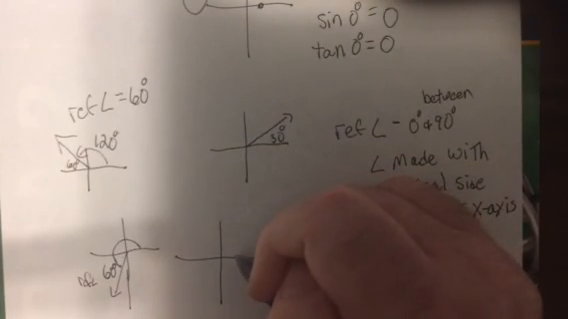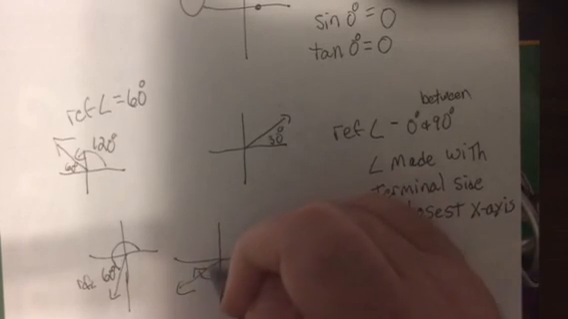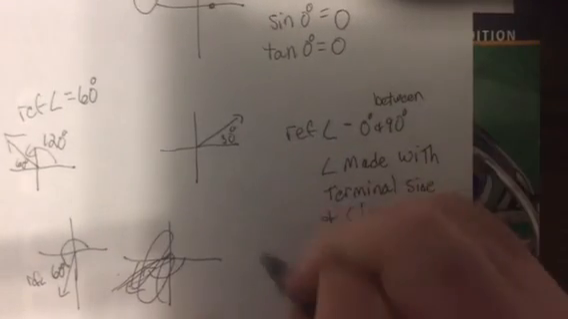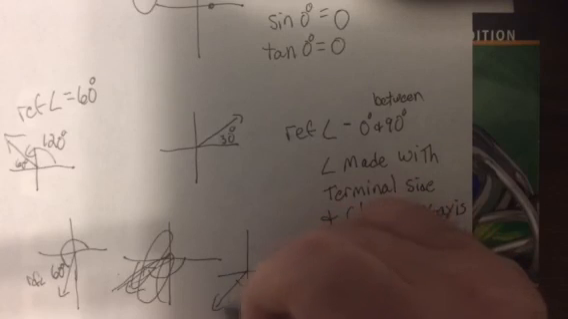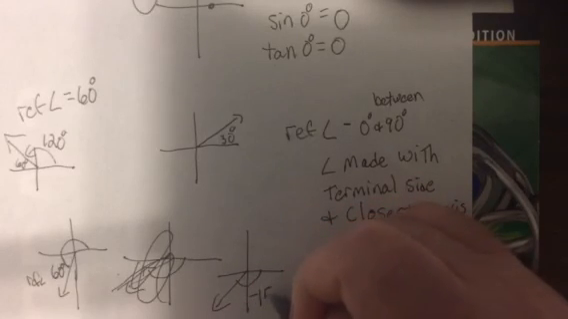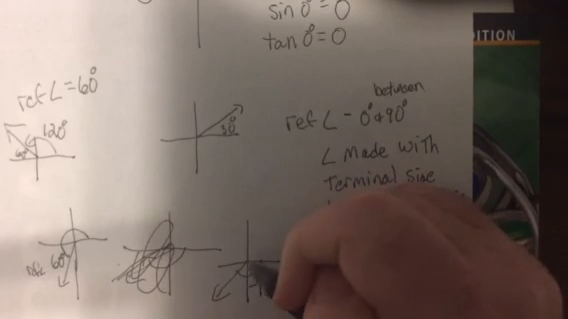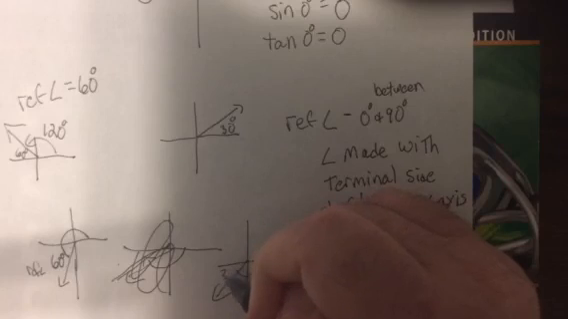So, okay, let's say I do this. A negative 150. Ooh, that's horrible. It's worse. I'm done with that. There we go. So let's say negative 150. What's its reference angle? Well, the reference angle is made between the terminal side and the closest x-axis, which in this case is 30